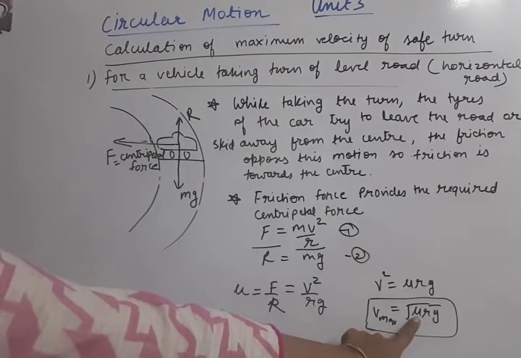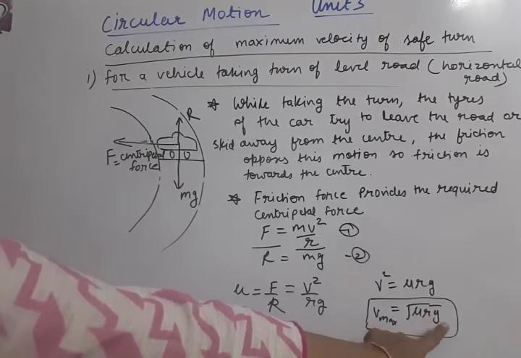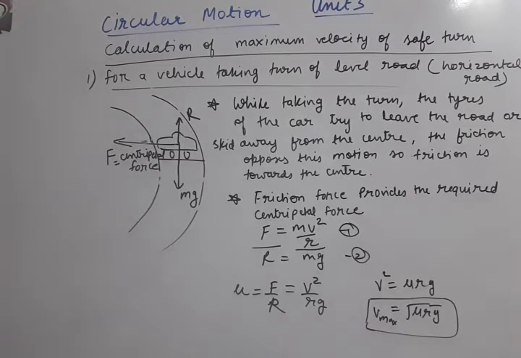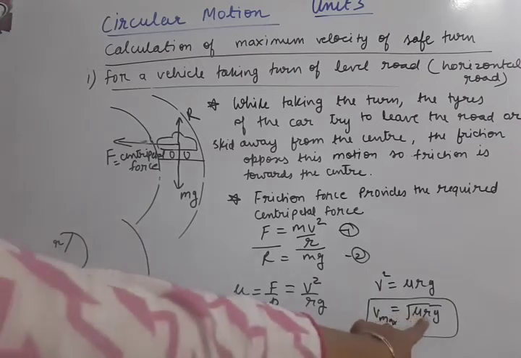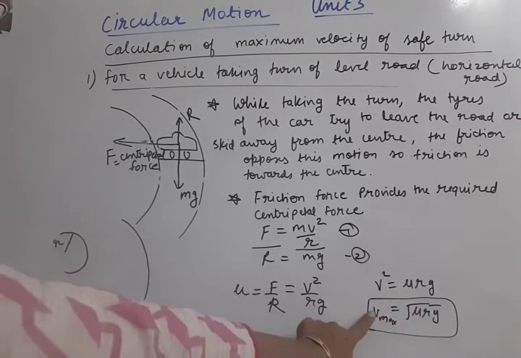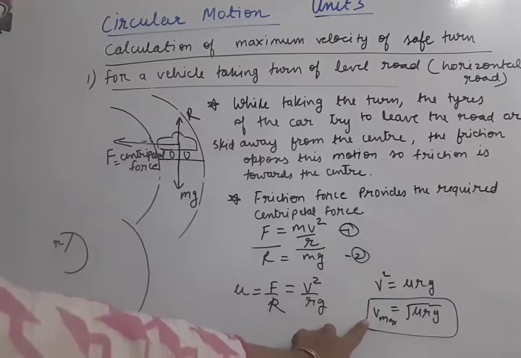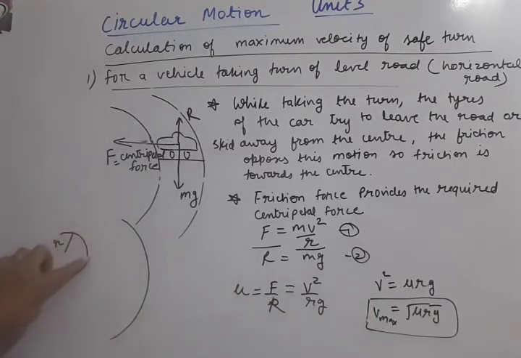Friction, that is coefficient of friction, radius of the circle, and g. Okay, so you must have noticed, if the turn is very sharp or if the circular turn is bigger, in both the cases, just notice where we can drive faster safely. Just think. So we can drive faster in this case safely. It is a sharp turn. If it is a sharp turn, here the radius is smaller. If the radius is smaller, the maximum velocity which we can use will also be smaller. So here we need to keep the velocity smaller.